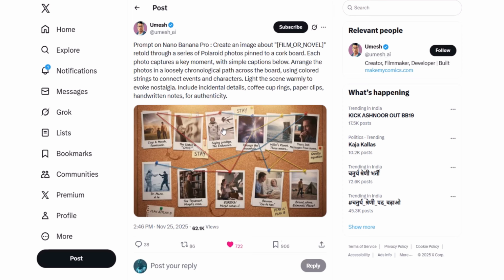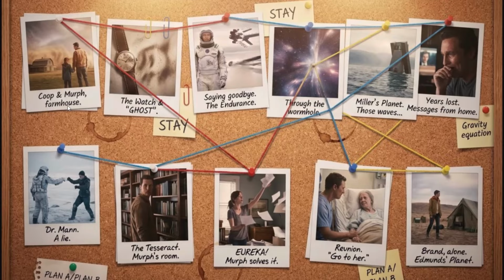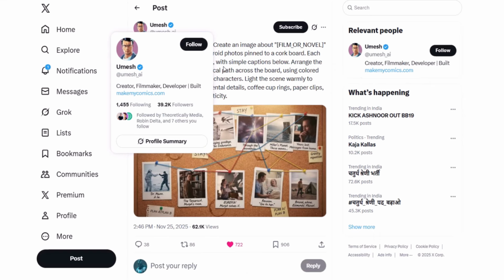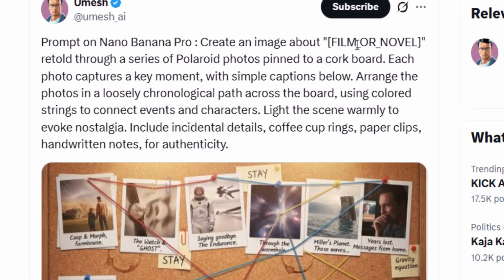Anyway, another really interesting use case of the Nano Banana Pro AI model is that you can use it to create really cool documentary-style images like this, explaining a storyline. This is something that the previous AI models were able to do, but not to this type of accuracy. For this specific image generation, a creator named Umesh gave the AI model the prompt, create an image about Interstellar,